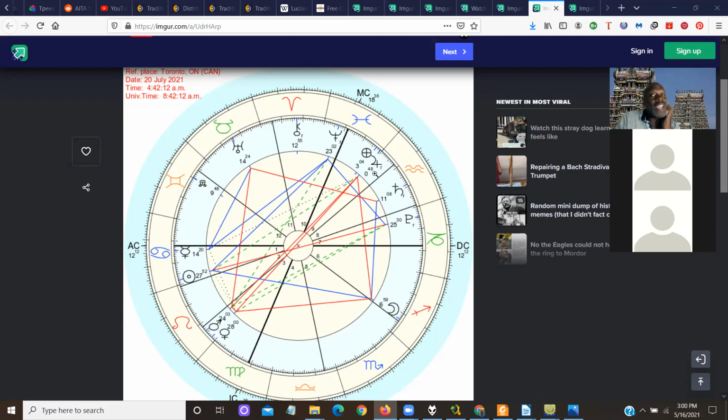Especially now that I really understand the extent to which the solar return shows you whether or not what's promised in the natal chart is going to happen, good or bad. That's why we need both. So when you send me the Imgur link, you want to send me the natal chart so we can find these things in the natal, and the solar return so we can find the things in the solar. Okay, so the Jupiter here,